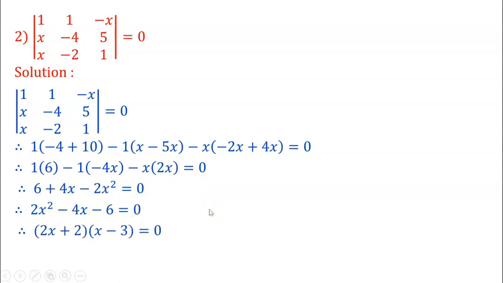And again the factors are 2x plus 2 in first bracket, in second bracket x minus 3, that's equals to 0, and hence x is equals to minus 1 or x is equals to 3. Okay, now next,